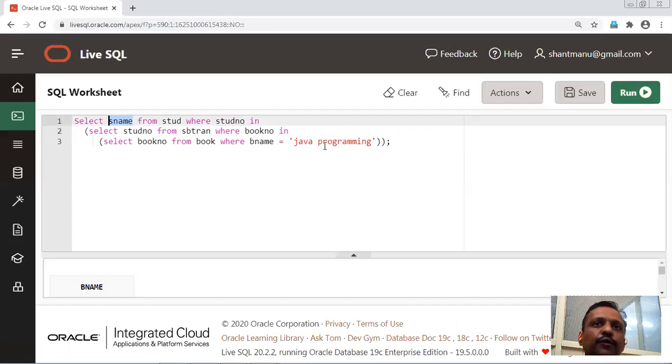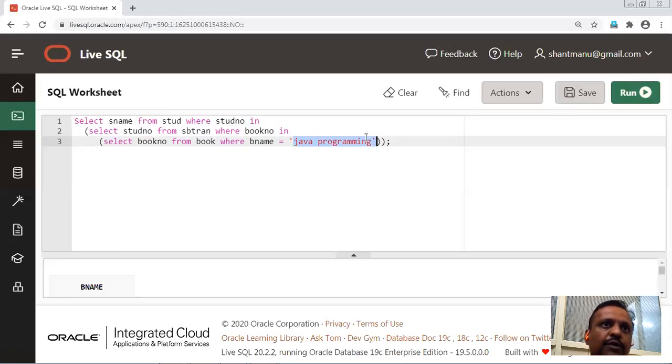Means you will get the name of the student to whom the Java programming book was issued. You know that in the relation diagram that we have seen, there is a student entity and a book entity, and in between them there is an SBTran relation.